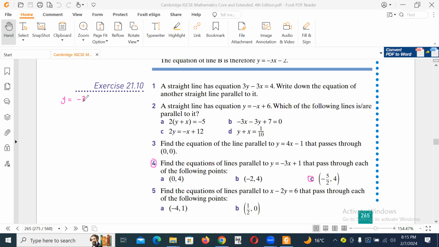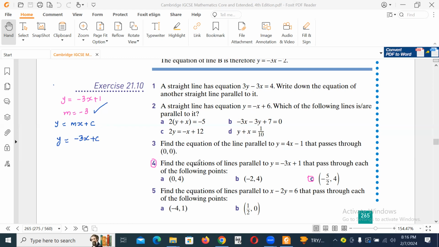y equals minus 3x plus 1. First thing, here we know straight away the gradient. The gradient is m equals minus 3. And we are looking for another line, which in general is y equals mx plus c, but it must be parallel to this. So if it is parallel, we have the same gradient. So another line,